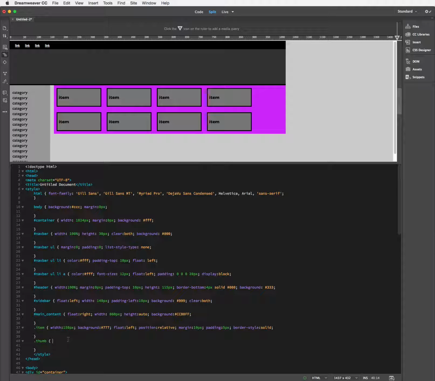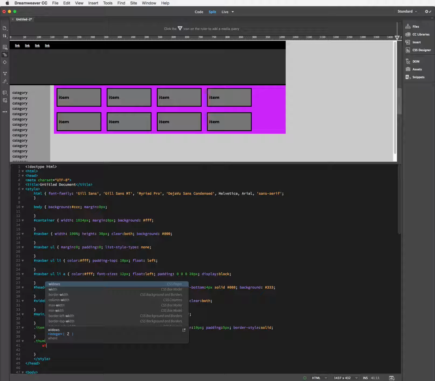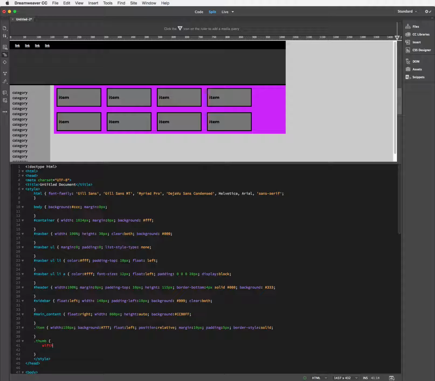So for thumbnail, I'm going to put everything on the next line down because I'm feeling a little lazy. Okay, so width, 125 pixels. And yeah, I know, I just misspelled the word width. Height,